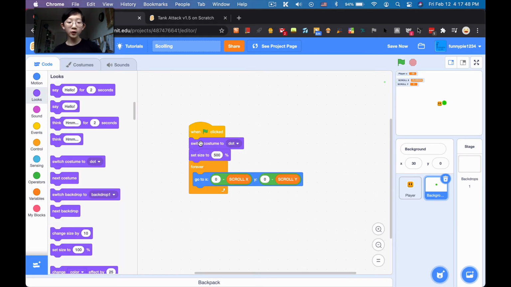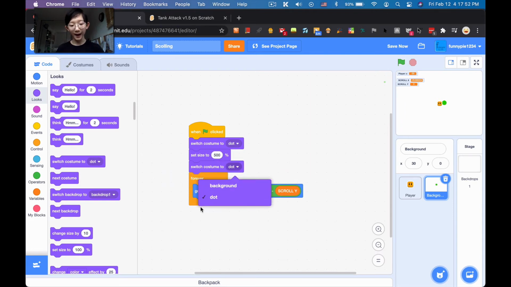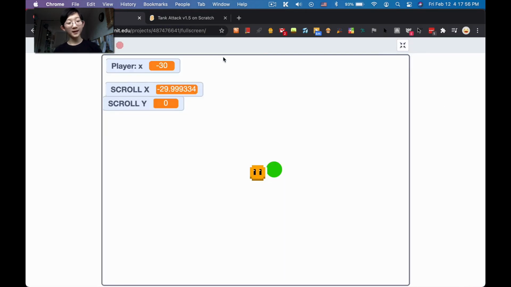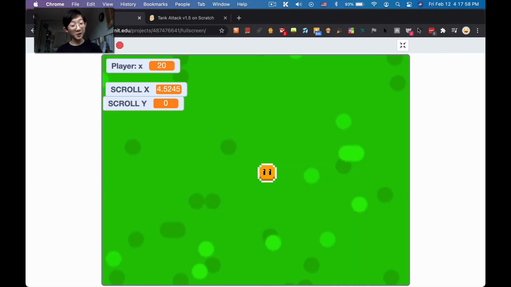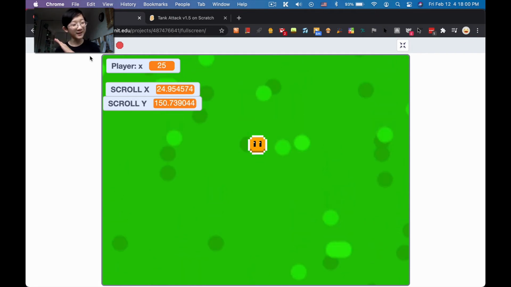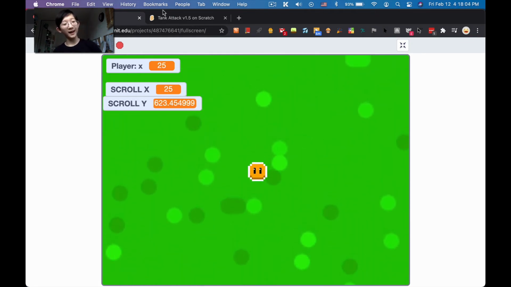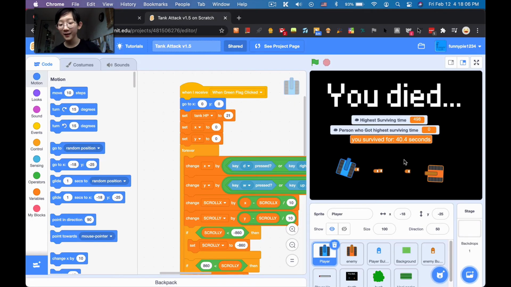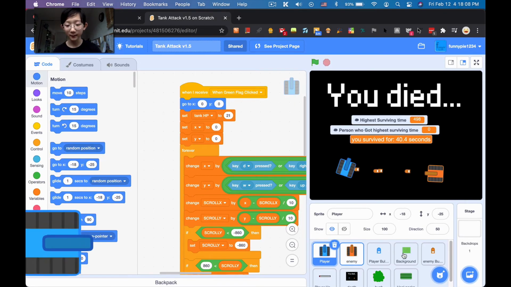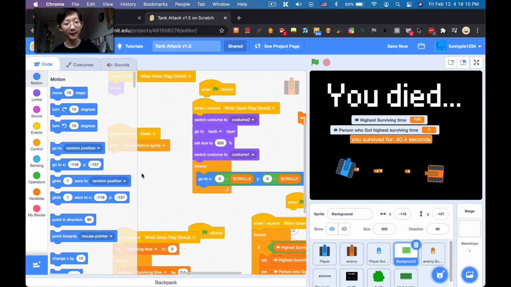So switch costume to dot, set size to 500, and then we're gonna switch costume back to background. Now what's gonna happen, as you will see, is actually it's huge now, which is great, which is exactly what we wanted. So this is actually the exact same script I did in my Tank Attack thing. If we go to background, it says right here,